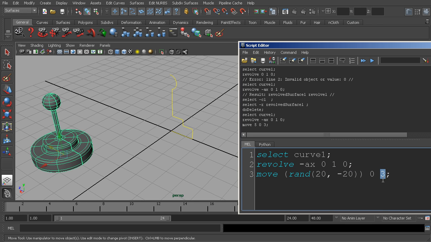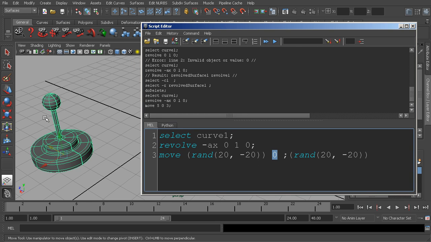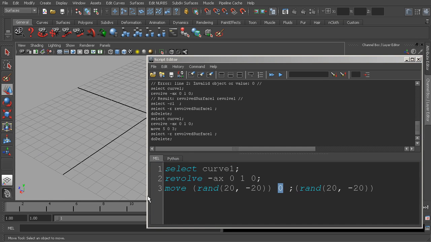Let's do the same over here along the z-axis. So again, parentheses, rand for random. And now let's again put in random values. Let's say a value between 20 and negative 20 for that as well. Make sure we close off that parentheses and add another one to close off the whole thing. Okay. And again, we're going to leave the y-axis at 0, so that way it doesn't fluctuate or move up and down along the y-axis. Let's again delete this piece of geometry and see what we wind up with. So I'm going to just